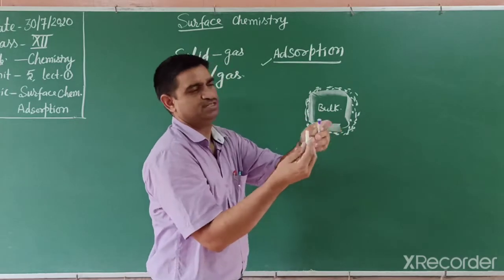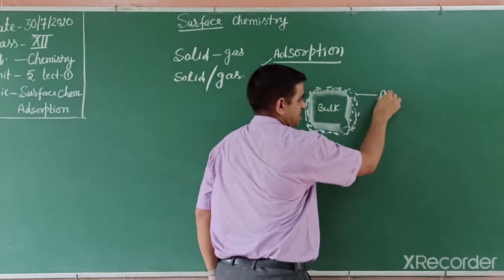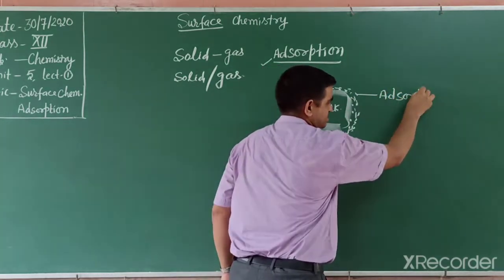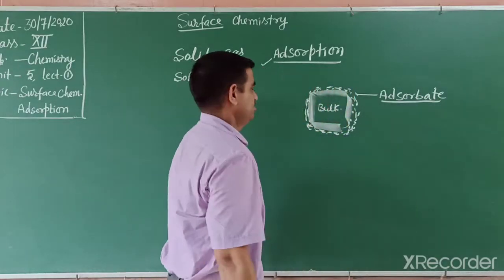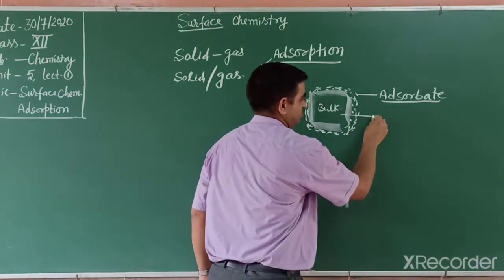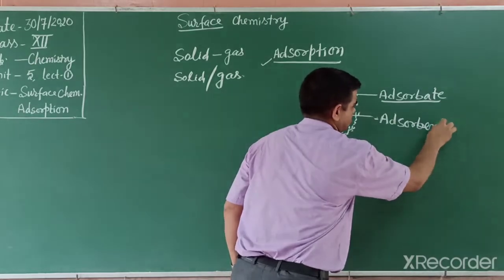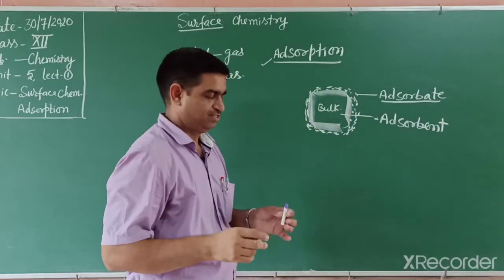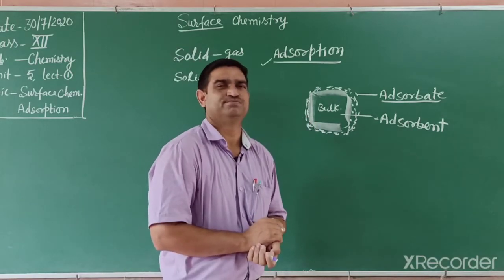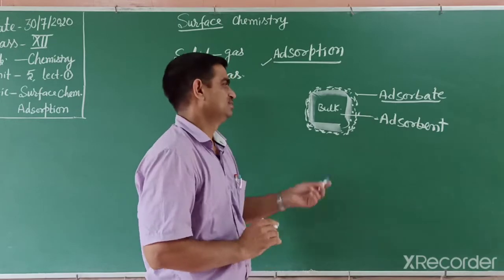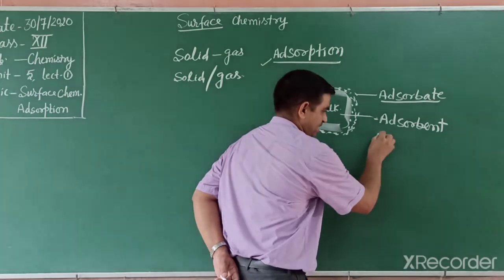So there are two substances, this chalk piece and the ink. That ink is known as the adsorbate. A new word, adsorbate. The other one, the chalk piece, is known as the adsorbent. The adsorbent is the substance on whose surface the molecules occupy, generally a solid surface or a liquid surface. Examples of adsorbents are alumina gel,